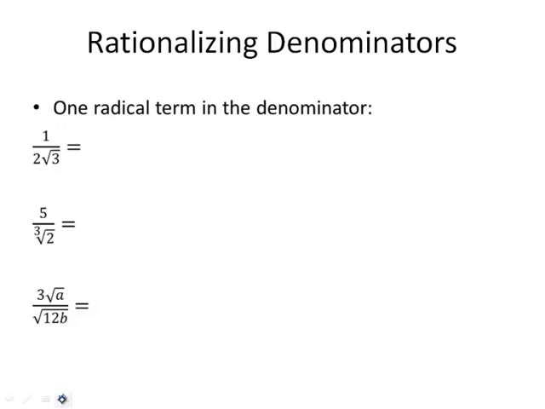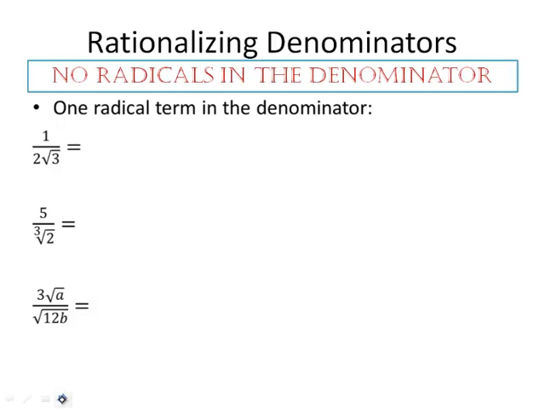Now, remember, we can't have any radicals in the denominator. So here are some examples where we actually need to rationalize the denominator. Let's look at the first one. All of these examples I've chosen because they have one radical term in the denominator. On the next slide, you'll look at 2 radical terms. So if you have one radical term,